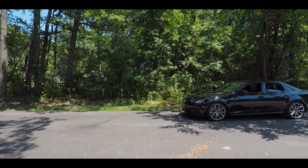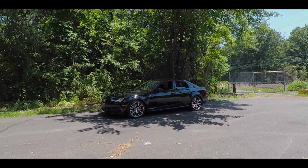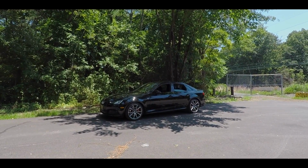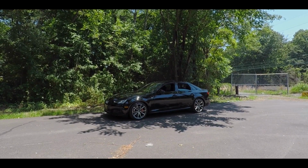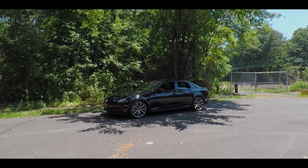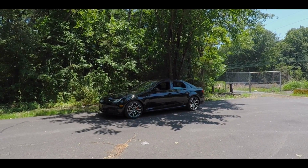You have quite a few options when it comes to the A4 lineup. Pricing varies to start from about $36,000 for a Premium front-wheel drive model. You can also get that with all-wheel drive, which brings it up to about $40,000. Looking at the Premium Plus, that starts at about $39,000. All-wheel drive models for that Premium Plus package are